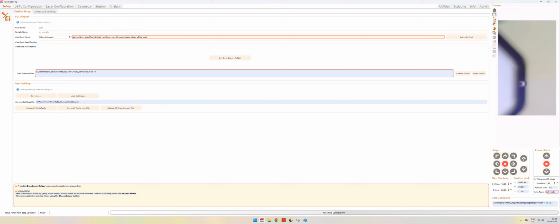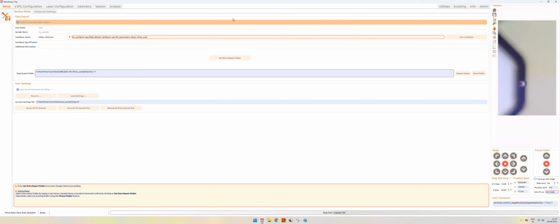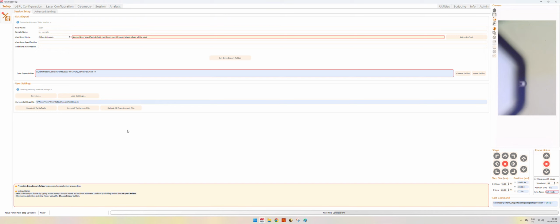So keep an eye on this tab, because sometimes it can be quite helpful in understanding why we're not obtaining what we want with our NanoFraser. So this is just a general overview of what we can do with the software, the main tabs, and we will dive into specific tabs and specific operations in the following videos.